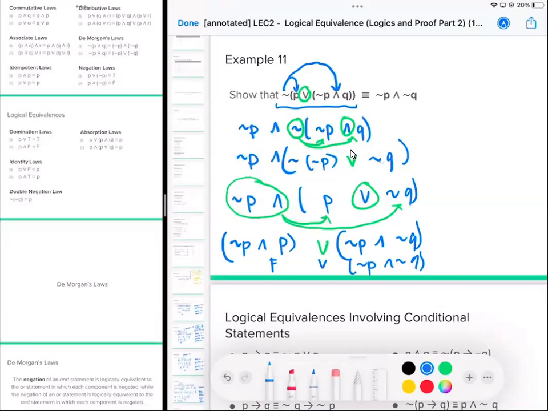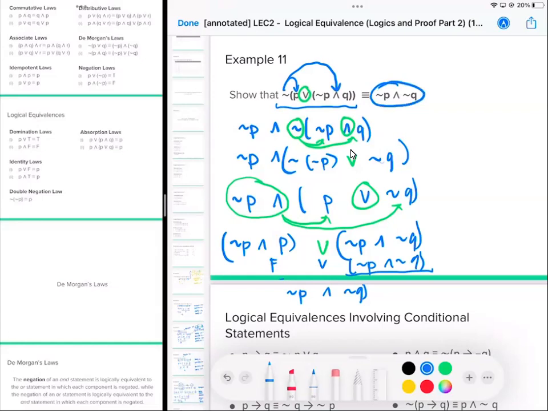Now we have the false or this whole statement. So this will result to not P and not Q using the identity law, which proves that it is indeed